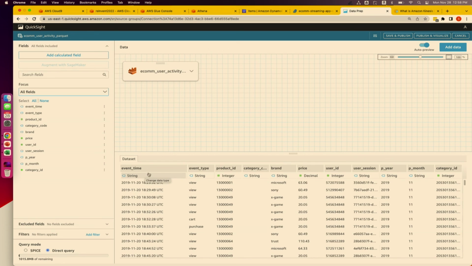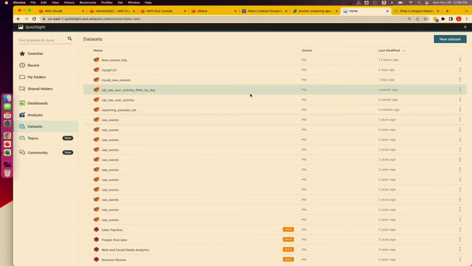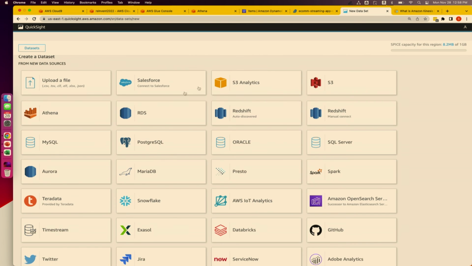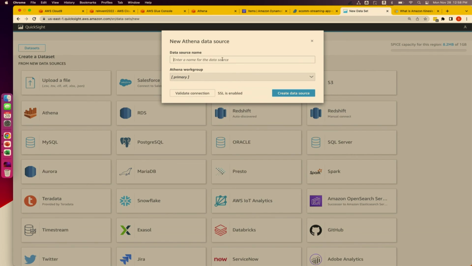Now, you can not only upload the data as it is, but you can use some custom query. So let me show you that. I'll just cancel this and come to data. I'll do the same thing, create new data set, click on Athena, let's say demo 123, create a data source.